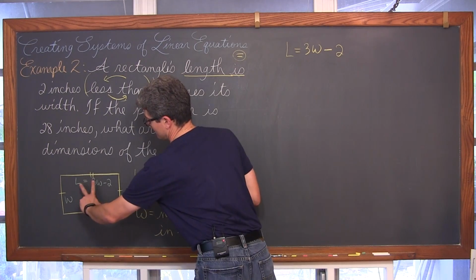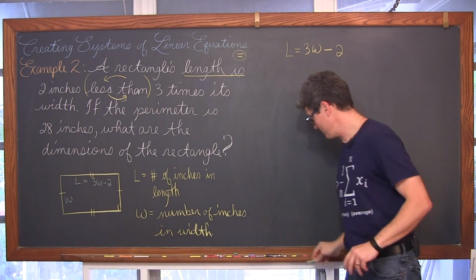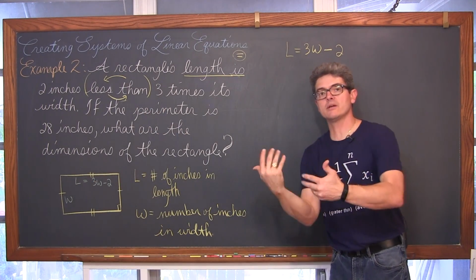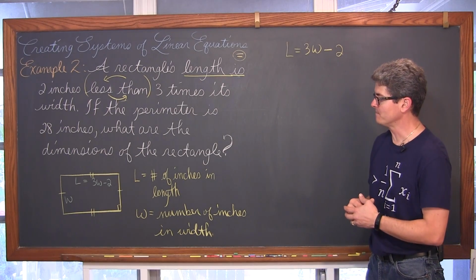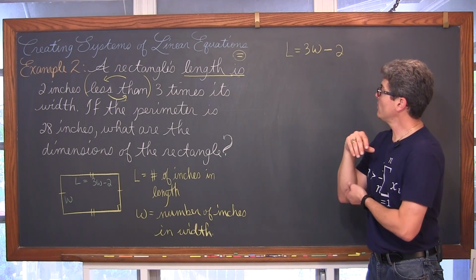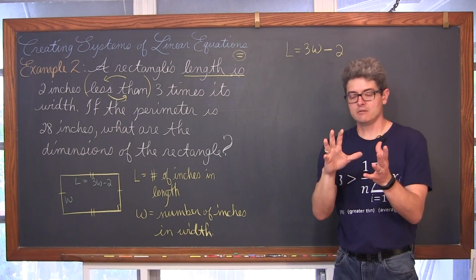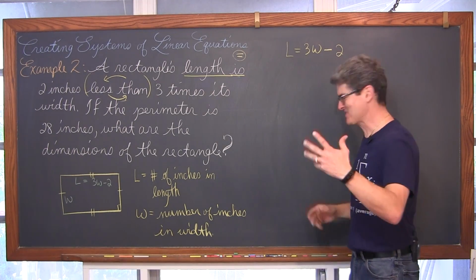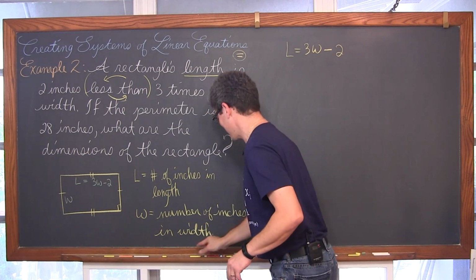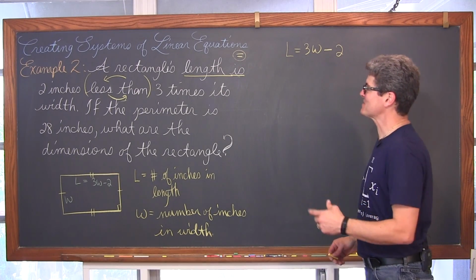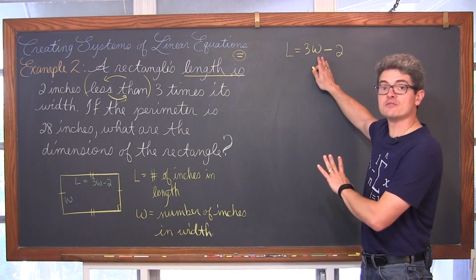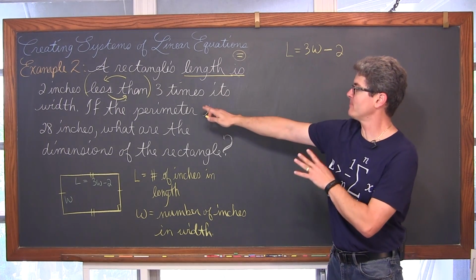Now, I'm setting up an expression here that will be reviewed when we talk about solving these systems with substitution. But for now, I want to get the setup out of the way. I teach a lot of levels of math, and I kind of want to jump right to the answer. But in terms of the setup, we have an equation from the first sentence. Now talking about the perimeter.